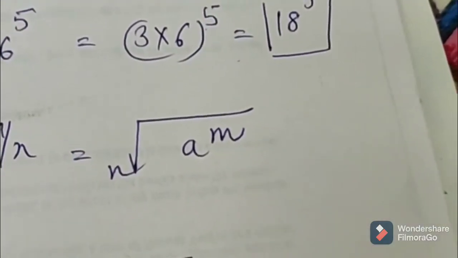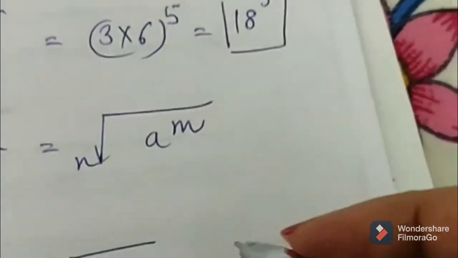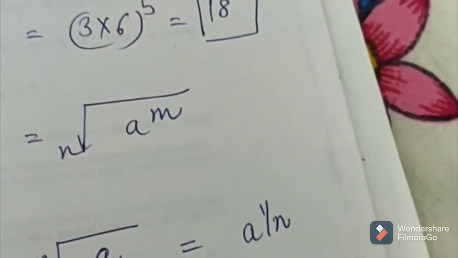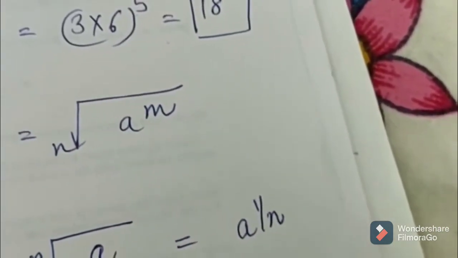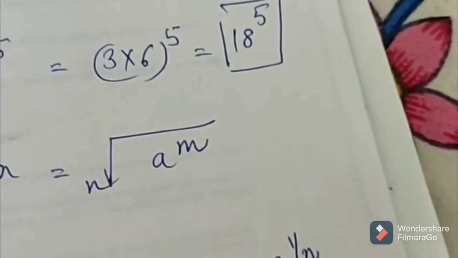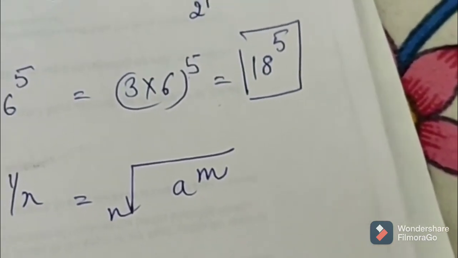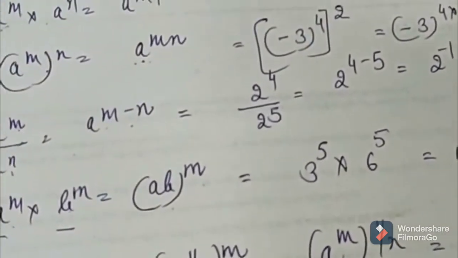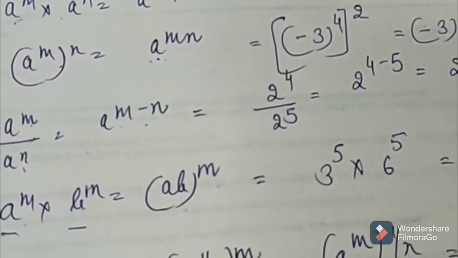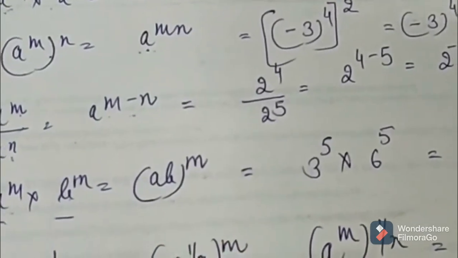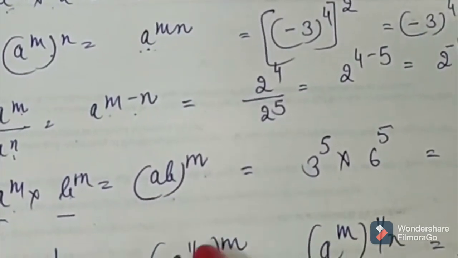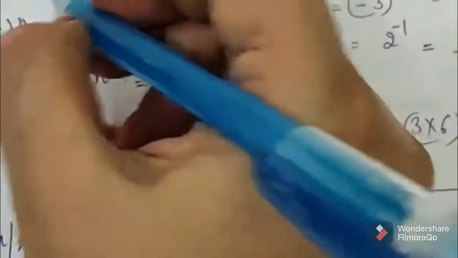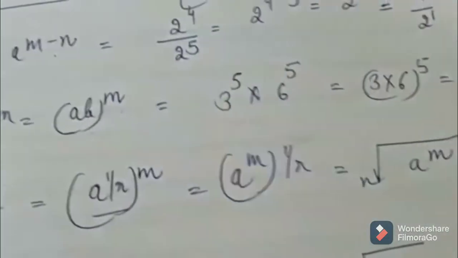There is one more rule also, that nth root of a can be written as a raised to power 1 by n. That is, third root of 8 can be written as 8 raised to power 1 by 3. On this rule there is another rule that is very important and a little bit difficult, that a raised to power m by n can be written as a into 1 by n raised to power m. That is, we are going to use this third rule, a into m into n.